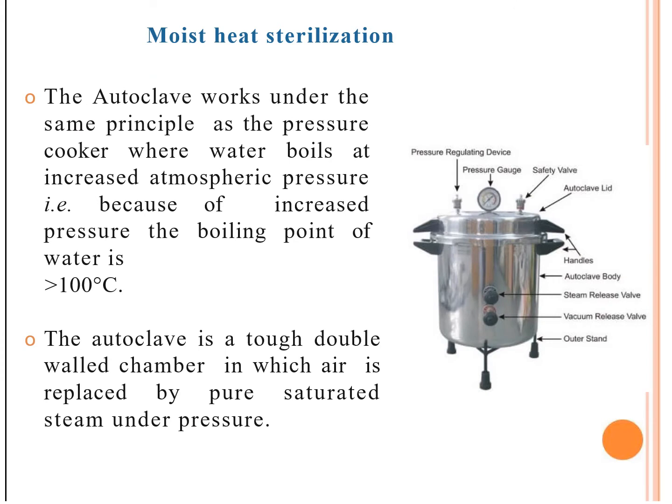In the second type of sterilization technique, moist heat sterilization, we generally use the autoclave. Autoclave in Greek means, auto means self, clave means sterilization. It's a self-sterilizing equipment which works on the same principle as your pressure cooker, where under pressure, the boiling point of water is increased above 100 degrees Celsius whenever a pressure greater than atmospheric pressure is applied. In this case, generally we apply 15 psi of pressure, which causes the boiling point of water to rise up to 121 degrees Celsius.